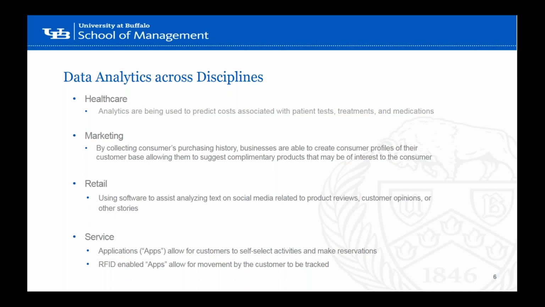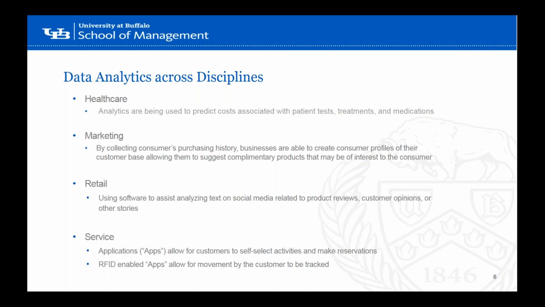treatments or medications, and they're doing it more from a cost perspective, and also to see if there are patterns in activity that could potentially lead to a diagnosis that may have been missed otherwise. So pretty interesting in terms of how they're creating profiles associated with certain people that have very similar data points about them. Marketing, and we see this commonly where we have